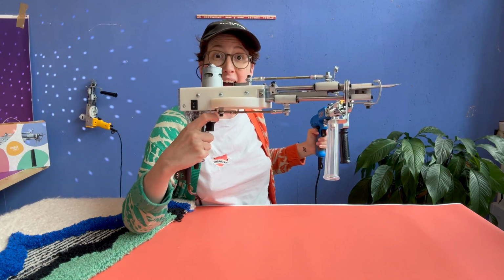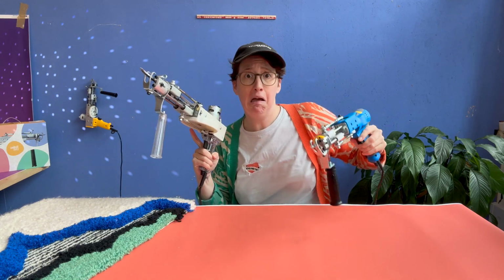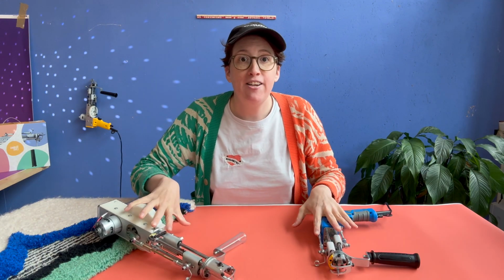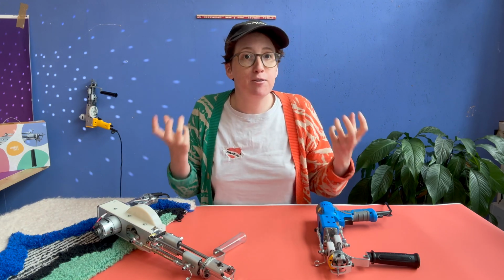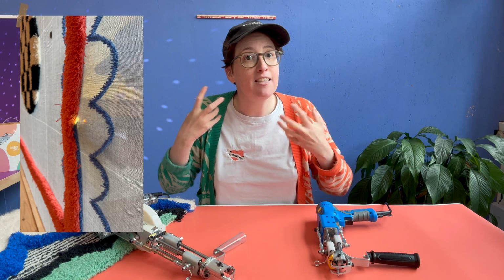Today we're going to talk about the bundle deal of the AK5 and the AK Duo High Pile. This is a big tufting machine. With the combination of these two, you can achieve super nice 3D leveling and texture differences in your tufted